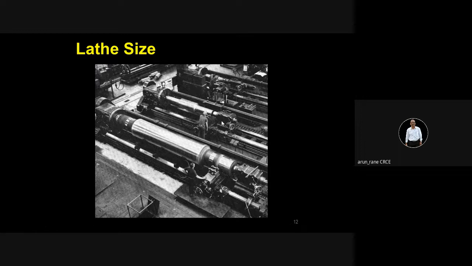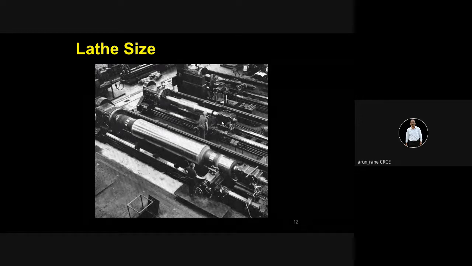So again, working on these big machines and on this big component is very skilled work, because if anything goes wrong, you cannot afford to lose such a heavy component in terms of time or money, because it sometimes takes a week to complete this component.